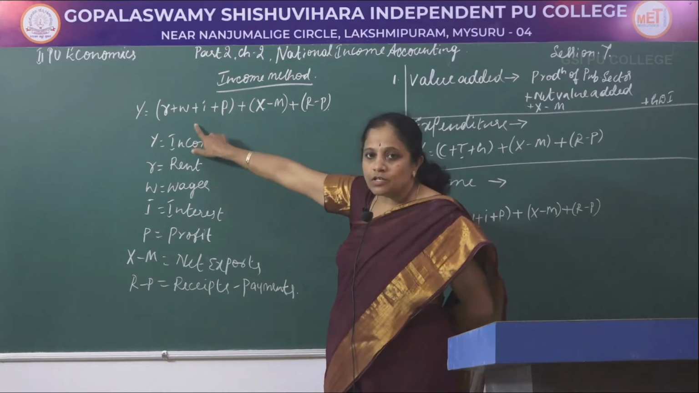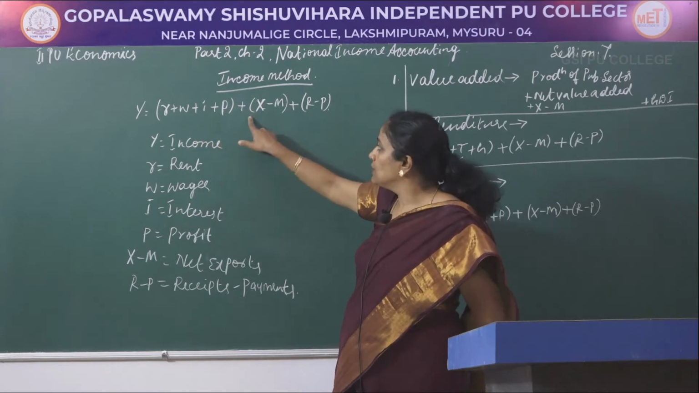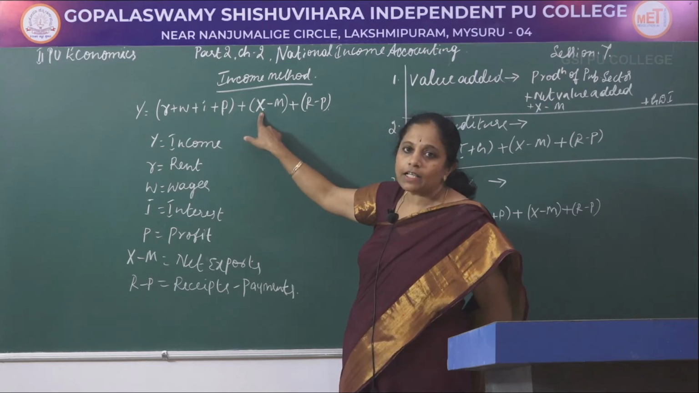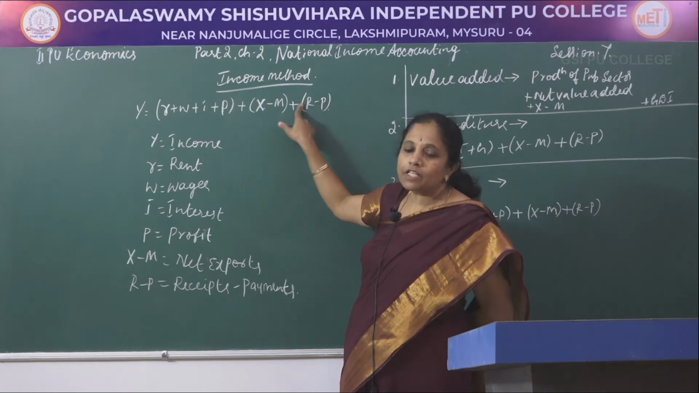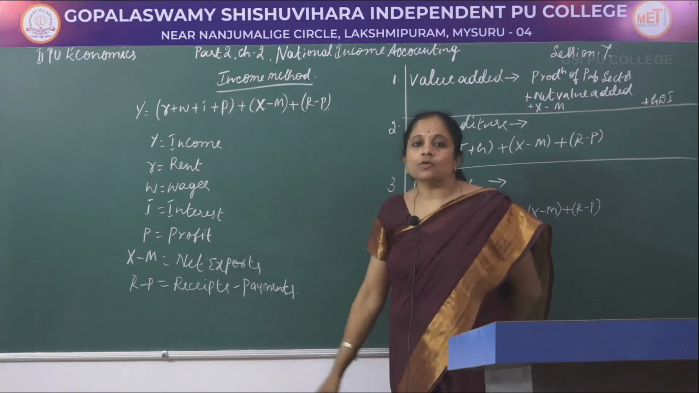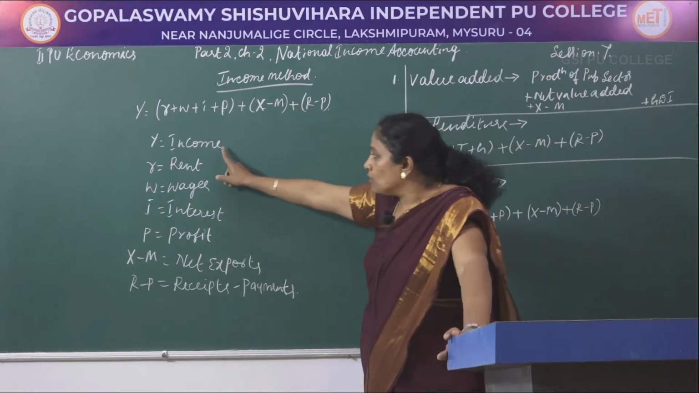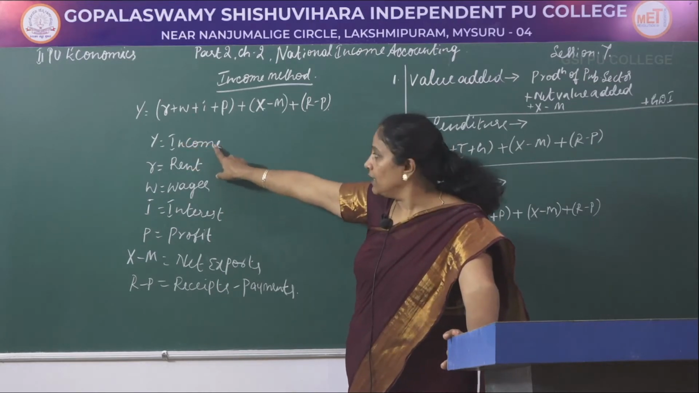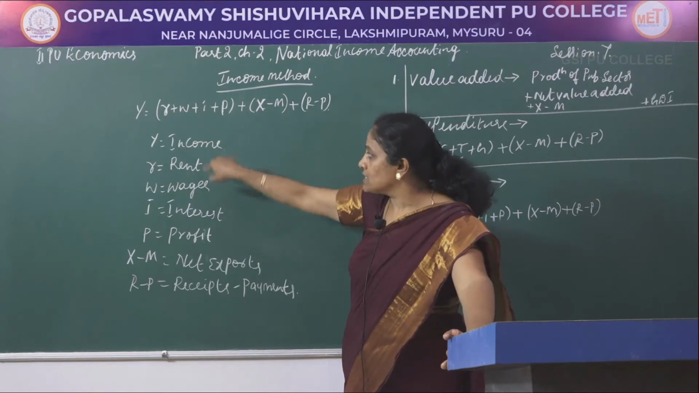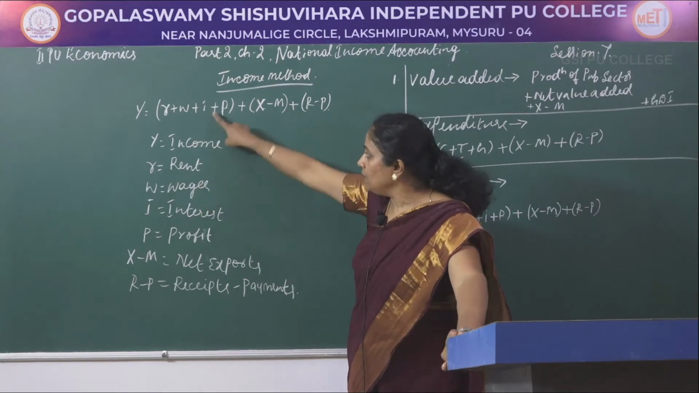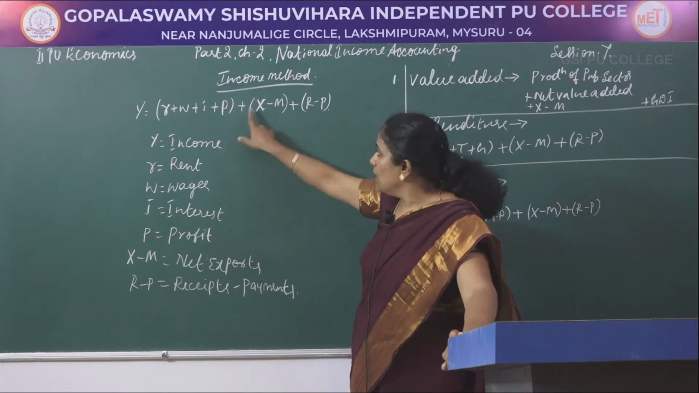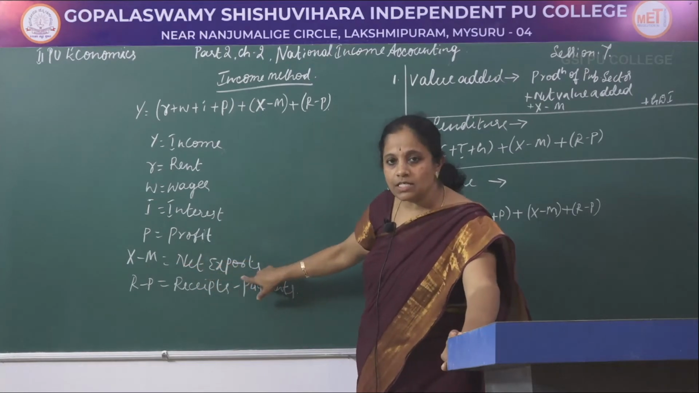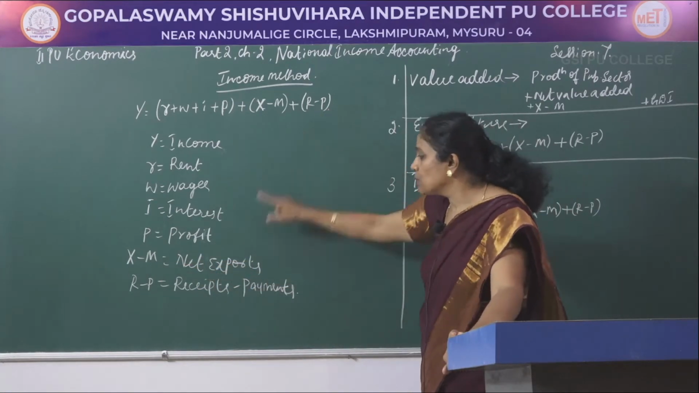So, all these together are considered, and after that the net exports are added to it along with the difference between the total receipts minus total payments. You all know that Y is referred to as income in the economy, and therefore Y is income, R is rent, W is wages, I is interest, and P is profit. X minus M is total exports minus total imports, that is net exports, as well as R minus P is